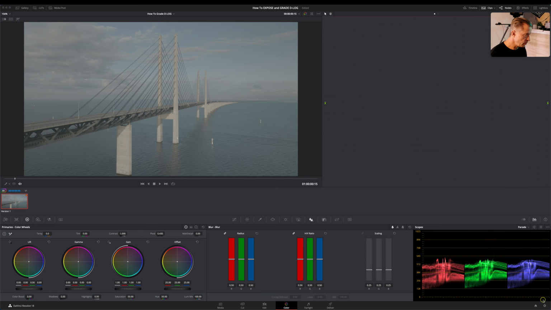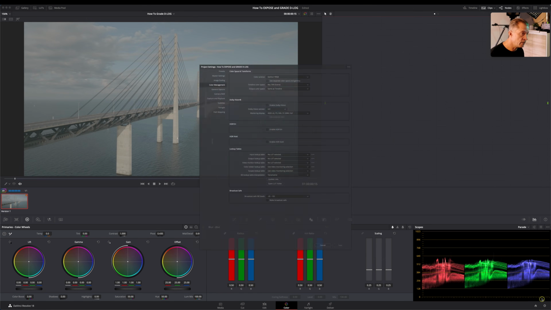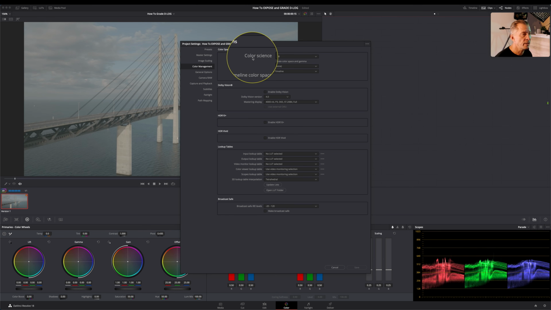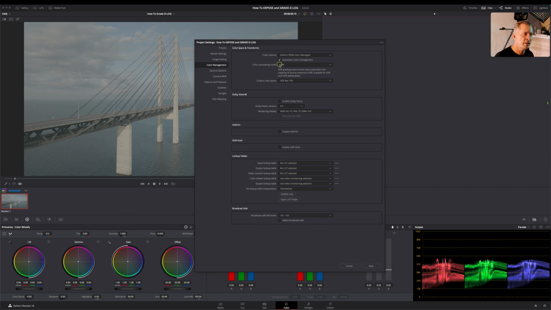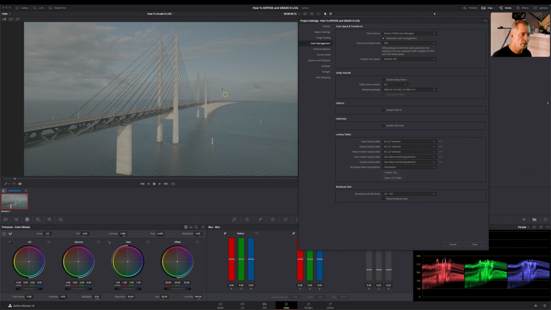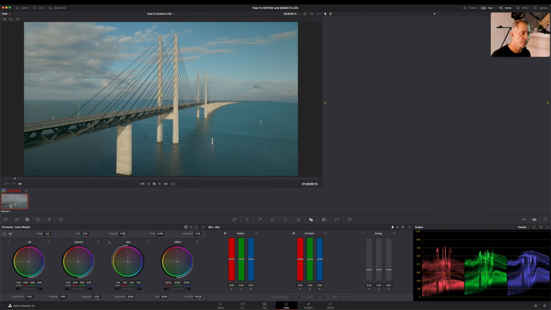The first one is if you go down to your cogwheel down here in the bottom right hand corner, if you go to your color management under color science, if you have chosen DaVinci YRGB, you are in a non-color managed workflow, and you're basically telling DaVinci, don't do anything, I've got this, I know how to grade this. The other way is let DaVinci do the color management and bring anything that is in log out to Rec 709. And what you do is, if you look at the image now, if I click save, you can see